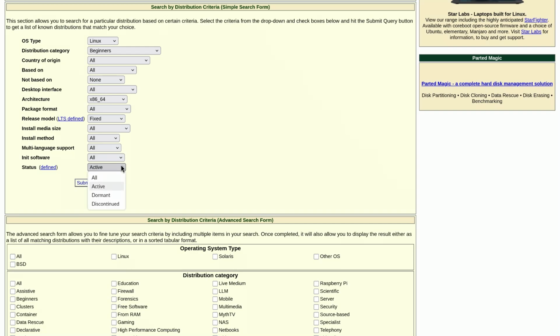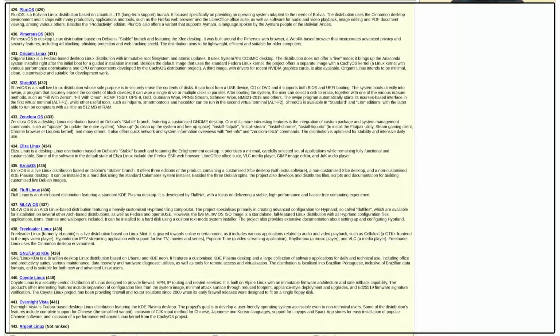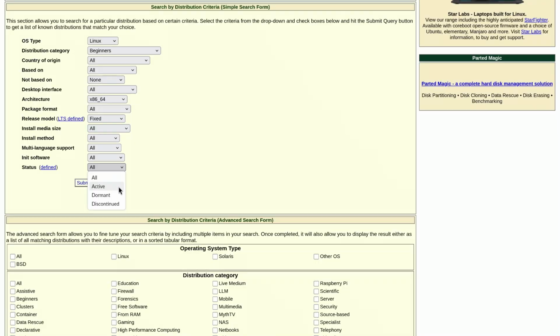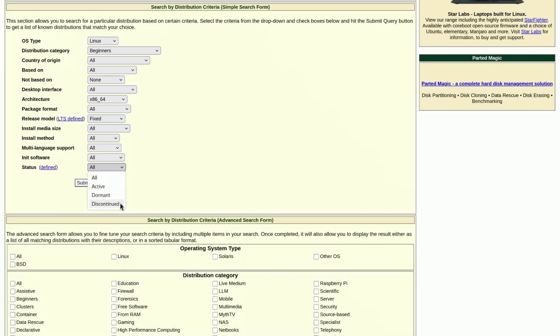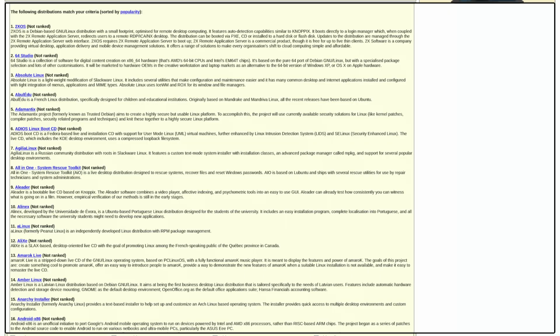And finally, at number 14, we have status. And this is super important as well. If you check the options, we have active, dormant, and discontinued. Active means these distros are actively maintained. Dormant means these distros are not maintained properly and they haven't seen updates for more than 2 years. And at last, discontinued means these distros are no longer being developed and they are basically dead.